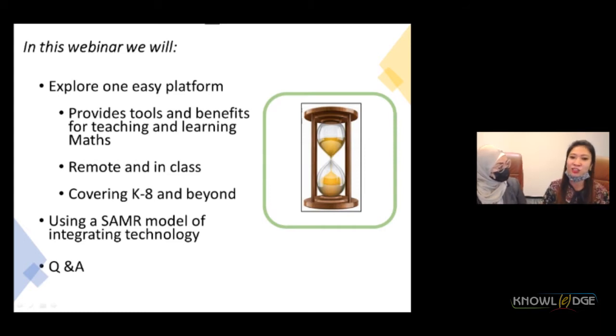But in these sessions, we will be able to explore so many features, not in any other applications, but in one easy platform that will provide teachers most tools and deliver huge benefit for teaching and learning math. Not just in class, but also remotely, which is very timely in these situations, right? We'll also explore how to use the SAMR model of integrating technology, and we will explore Just2Easy math tools from easy and effective to advanced and outstanding, covering K to 8 and beyond.